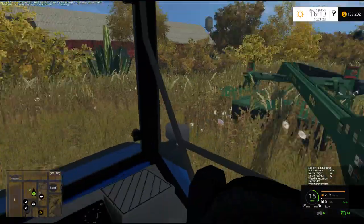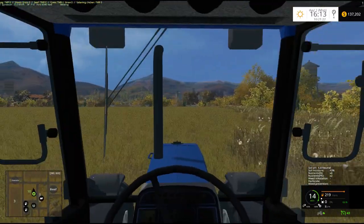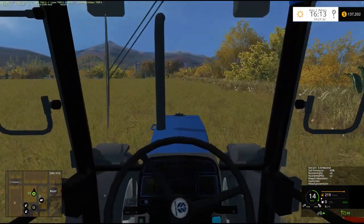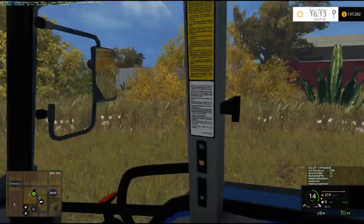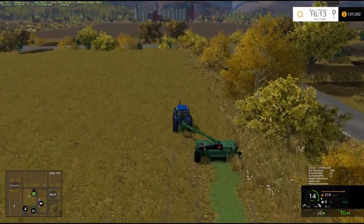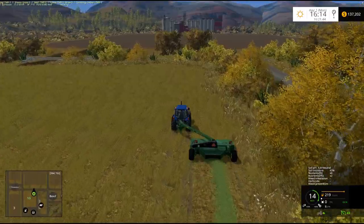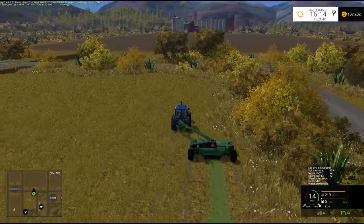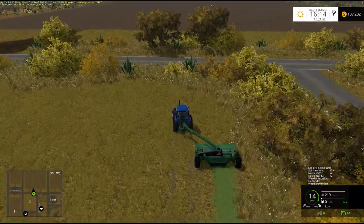And in reality, there's lots of different ways to do this. Like, when people are using this style of mower, a lot of people will do a headland like I'm doing. Or maybe it's the other way around. I always forget which way it's supposed to go, because I don't do it very often with this style of mower. And I'm not around my in-laws enough to know how they do it. But I think they do a headland one way or another. I'm just not sure if this is the way they do it. So they drive on the grass this way and then go around the other way. I'm not 100% sure about that, but